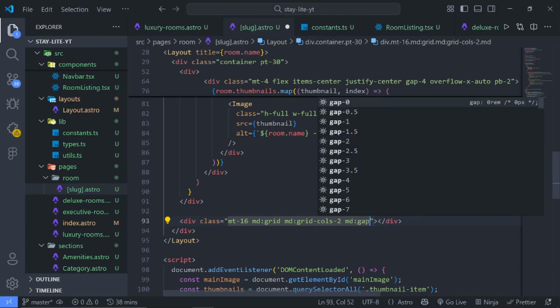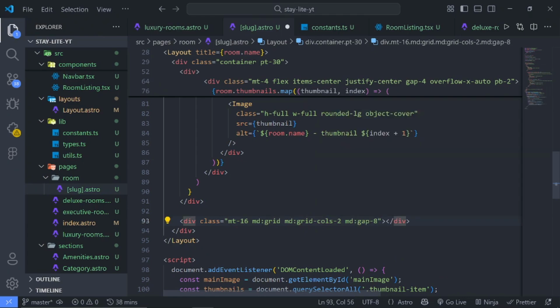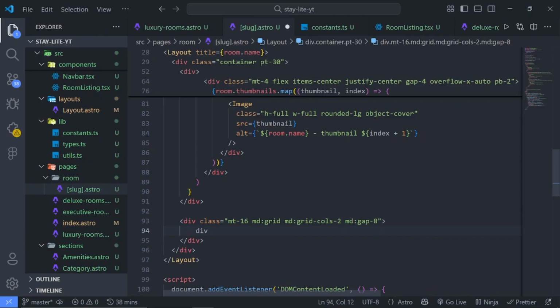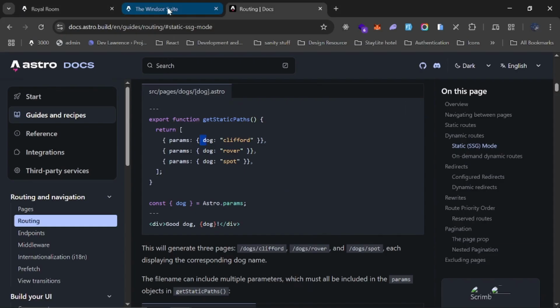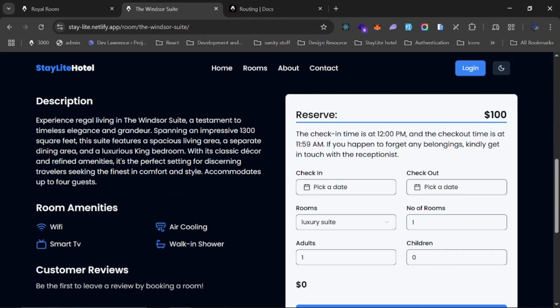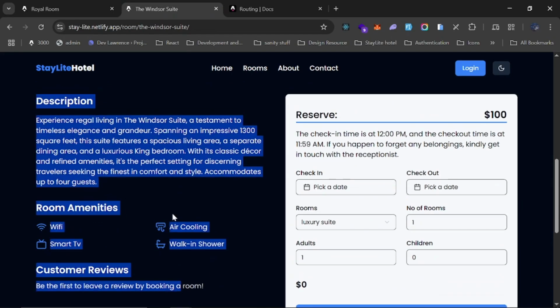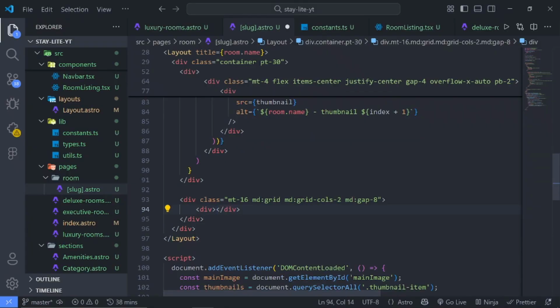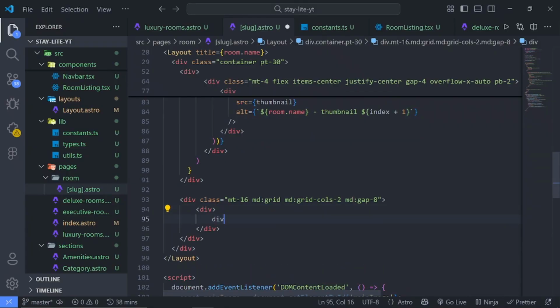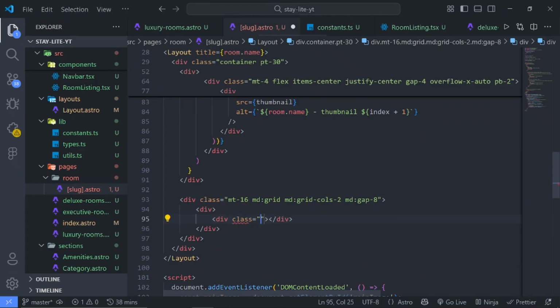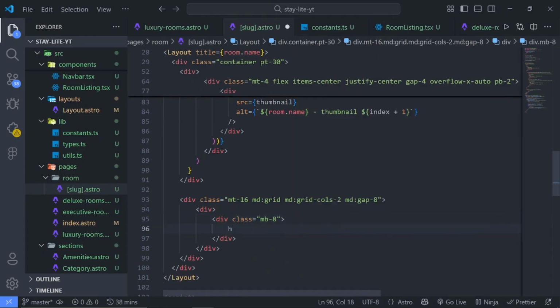Then we'll add a gap of 8. There, inside this div, we'll create another div again, and this will essentially hold this guy right here. So all this data right here. So say bring in another div like so, and I'll give this a style of mb8, and inside this div bring in the h3 and pass in the room description